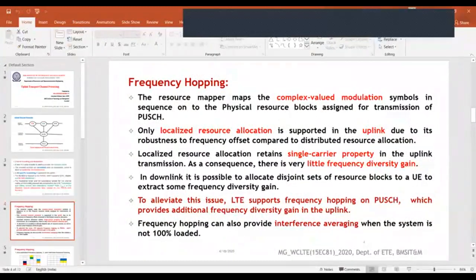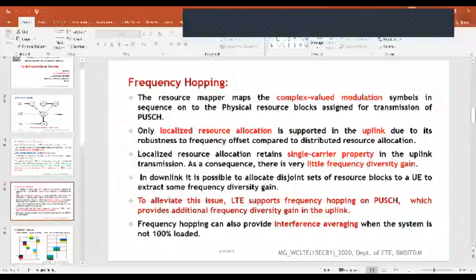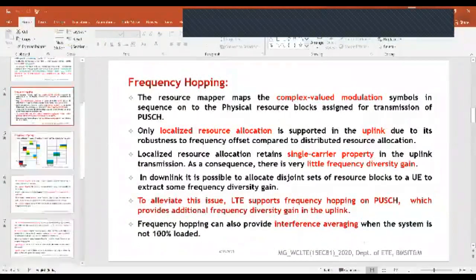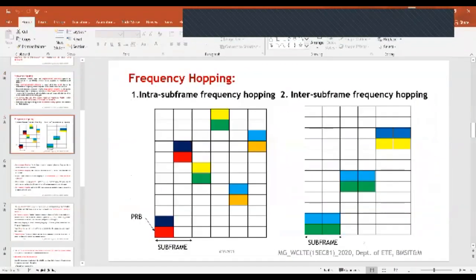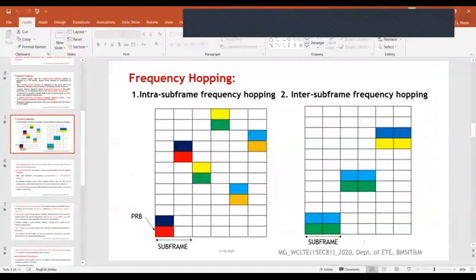So let us see what are the different types of frequency hopping techniques supported in LTE for uplink. Basically there are two types. One is intra subframe frequency hopping, and the second one is inter subframe frequency hopping.